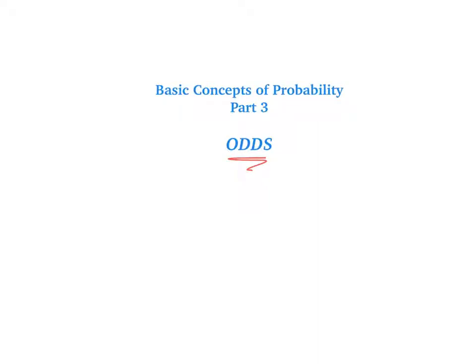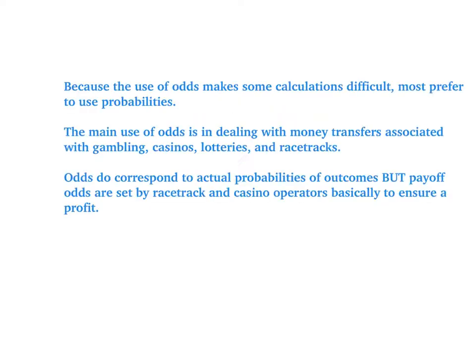All right, last part of this chapter, the basic concepts of probability, is all about odds. A few things about odds here. Because the use of odds makes some calculations pretty difficult, most people prefer to use probabilities instead. The main use of odds, as you probably know, is dealing with money transfers associated with gambling, casinos, lotteries, and